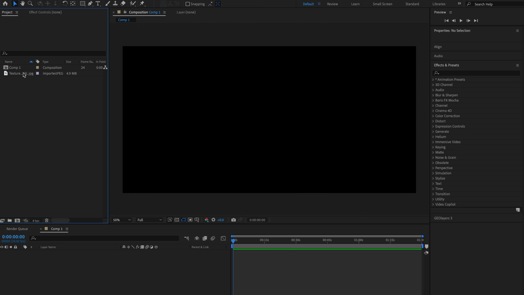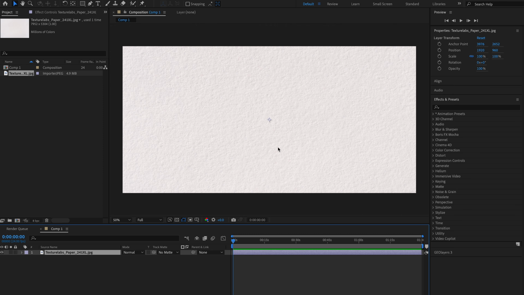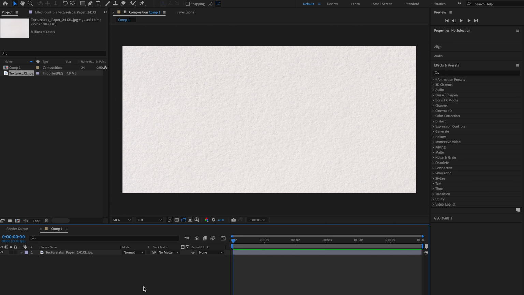So I have this one over here from Texture Labs, which is a really detailed high definition one, and I'll leave that exact one down in the description below. So I'm going to take this and I'm going to drag it down. So what I actually want to do first is change the color of this paper so we get a more